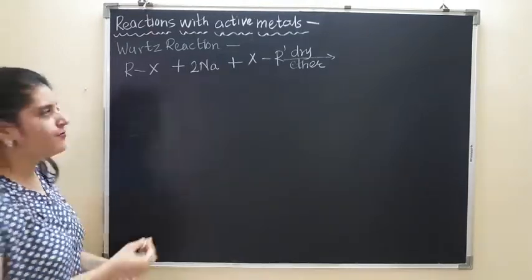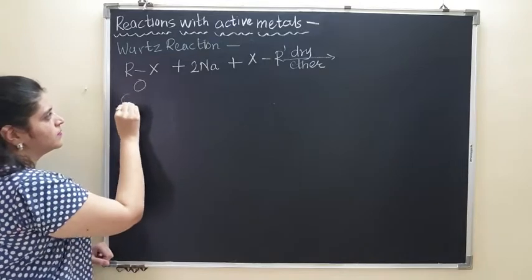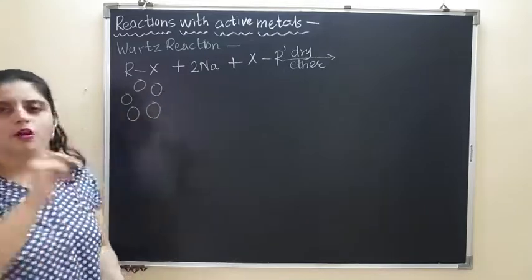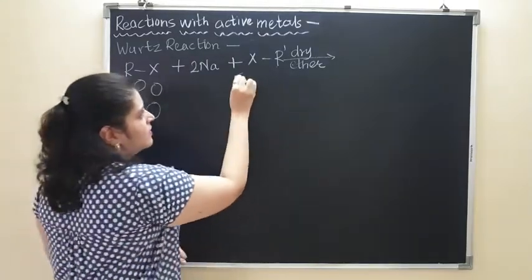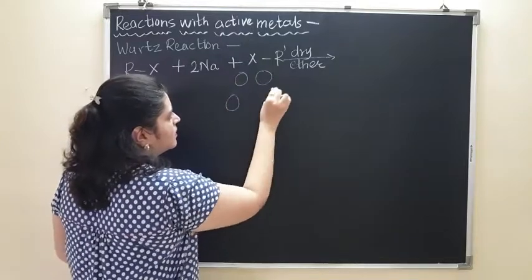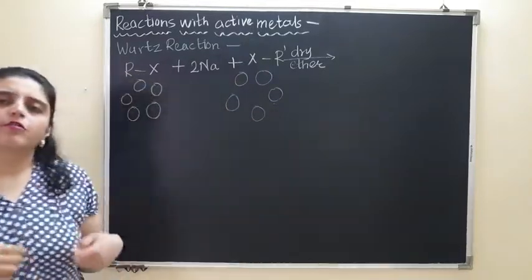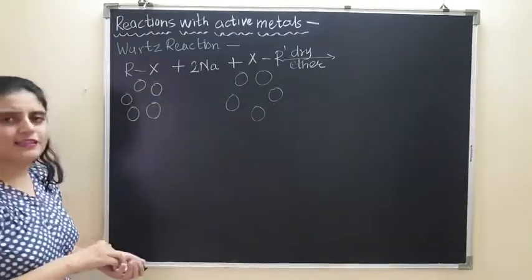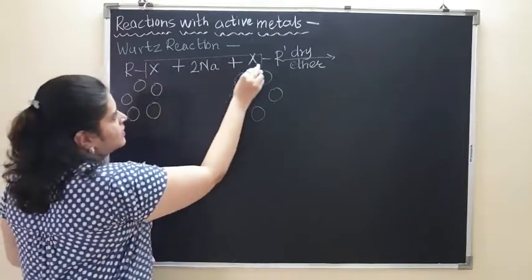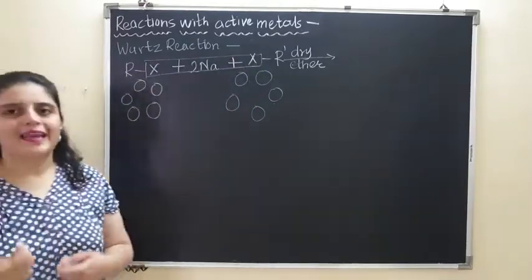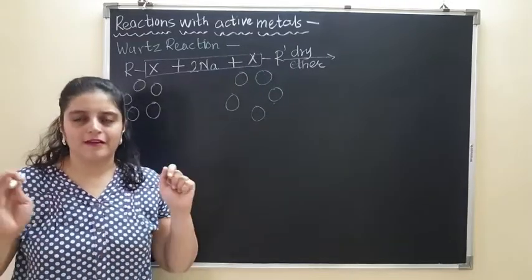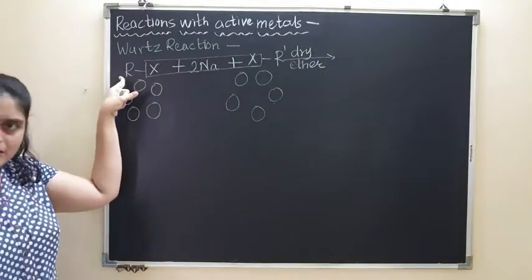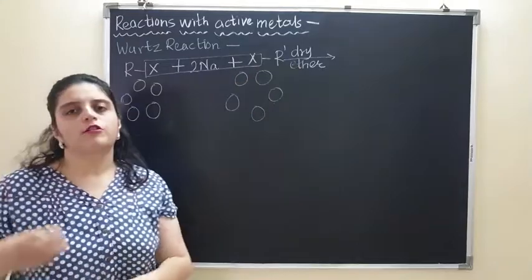I am showing them with different colors. There are 5 molecules of first alkyl halide and 5 molecules of second alkyl halide. Now what is possible is that, first of all, sodium will form NaX, so this NaX is out of question. वो तो अपना fixed product है. Now what is left is 5 molecules of first alkyl group and 5 molecules of second alkyl group.